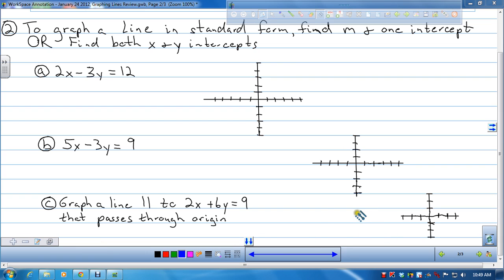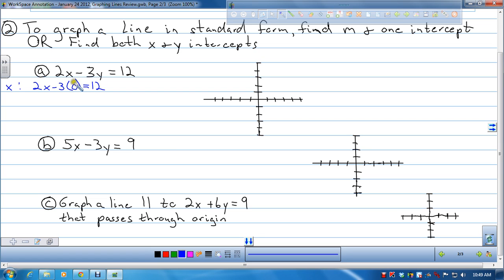So let's see. First, here's what I'm looking for initially. I'm going to look to see if this number right here, C, is divisible by both a and b. If it is, your easiest route is going to be to find the x and the y-intercept. To find the x-intercept, I'm going to plug in 0 for y and solve for x. So 2x minus 3 times 0 equals 12. When I plug in 0 for y,